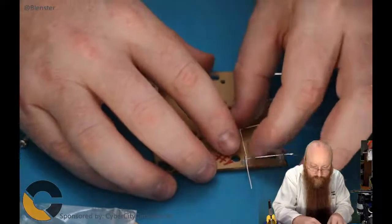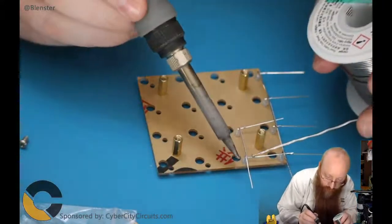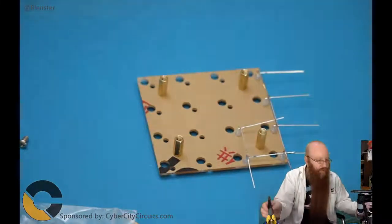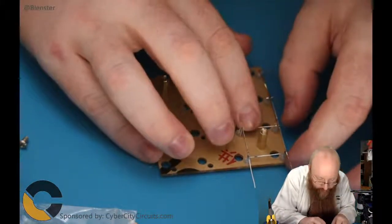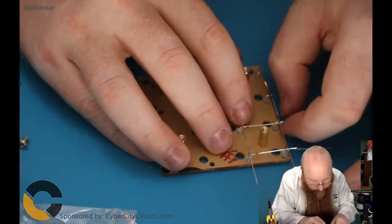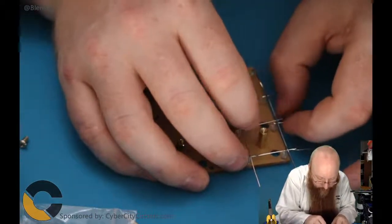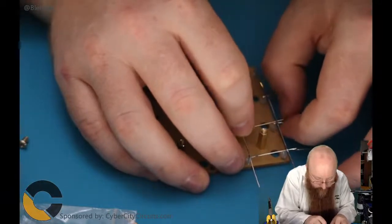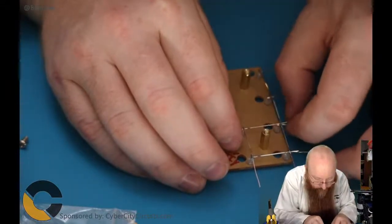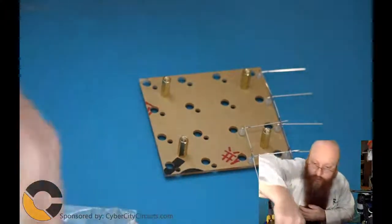So we'll line this one up first. You see we've got that lined up. There we go. Now this one needs to be lined up as well. And we're going to get that as close to on top of that as we can. Alright, and if it doesn't want to cooperate, I happen to have